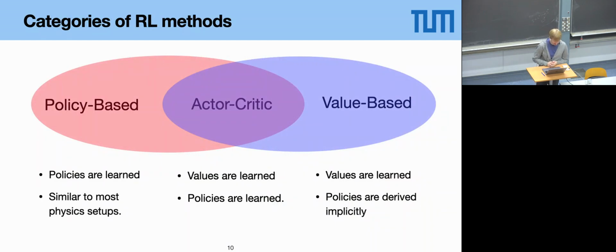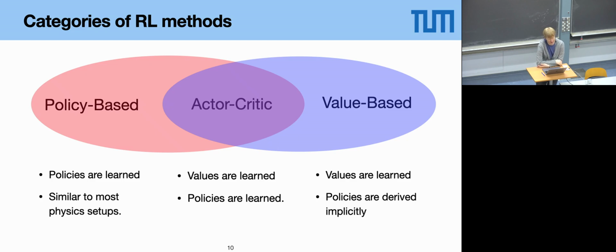So why do we mention it yet? Because in this quick overview of how reinforcement learning algorithms are classified, this idea of a value function is critical. You have the policy-based methods, and they don't use a value function. They are in that sense very similar to the algorithms that you've seen in this course. You didn't realize it, but most of these techniques that you've seen here could be considered policy-based reinforcement learning. You learn the controller, or what the agent does.